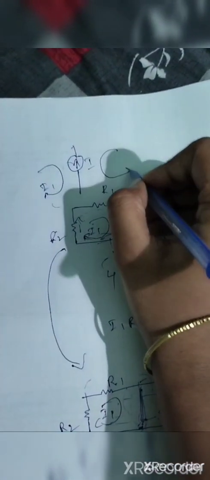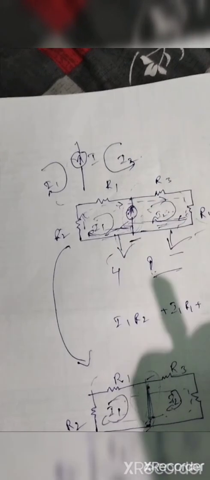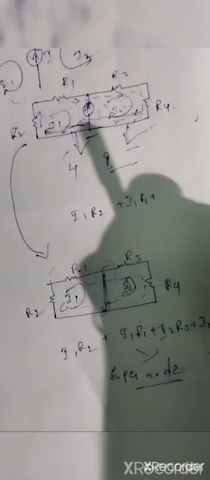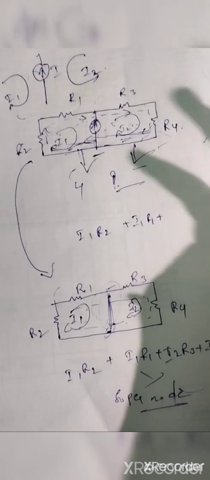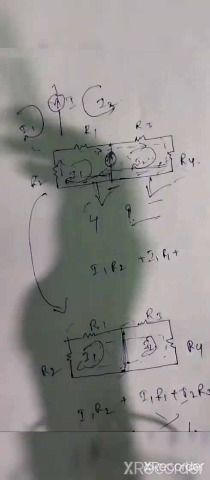Then here I am taking a current source. In this circuit we have current source I in this direction, I1 in this direction, and I2 in this direction. How to solve these equations? We need to solve for two currents, but we have only one supermesh equation. How do we get another equation? By using the current source. We need to take the current source equation.